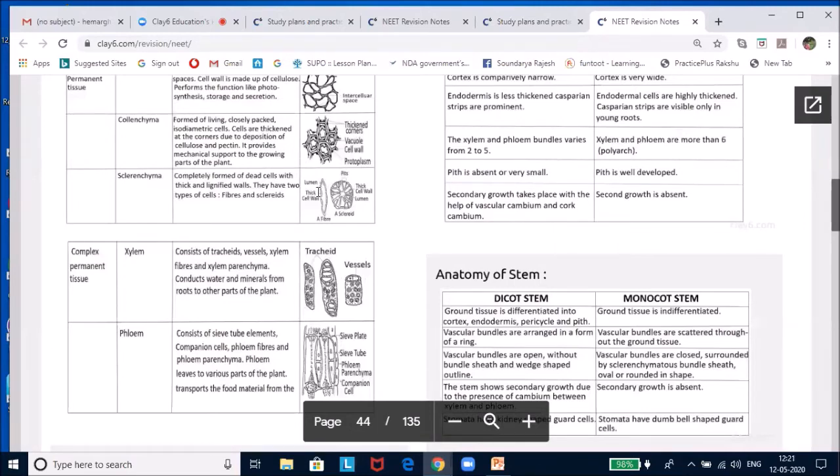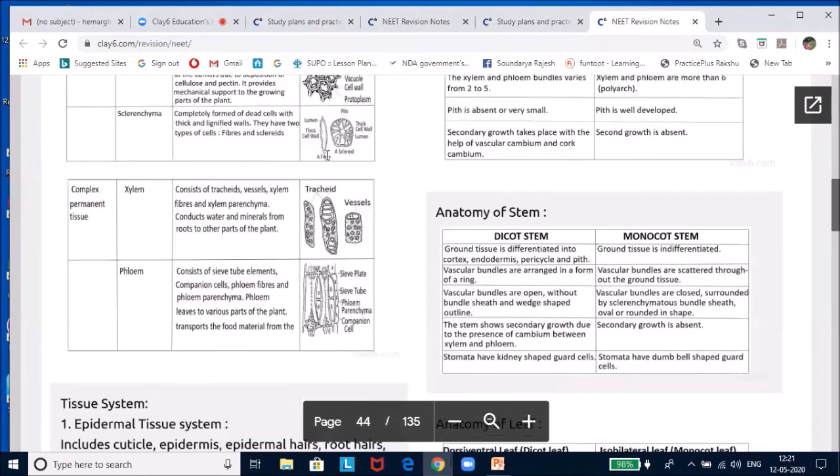Now, the last type of simple permanent tissue is sclerenchyma. Sclerenchyma consists of narrow cells with lignified cell walls. They are usually dead without any protoplast. They occur in two types. One is the fiber, the other is the sclereid. Fibers are thick-walled, elongated. You can see them tapering at both the ends. They occur in groups in various plant parts. Sclereids are found as spherical, oval, or cylindrical, highly thickened dead cells with narrow lumen. They also occur in the fruit walls of guava, pears, and sapota.